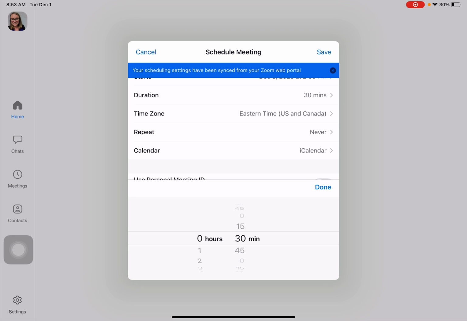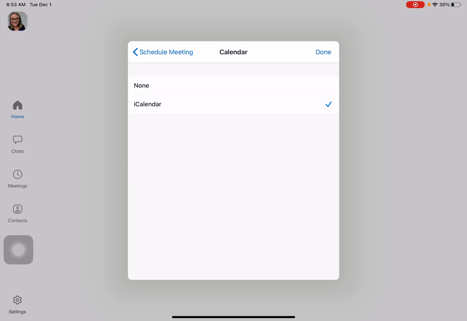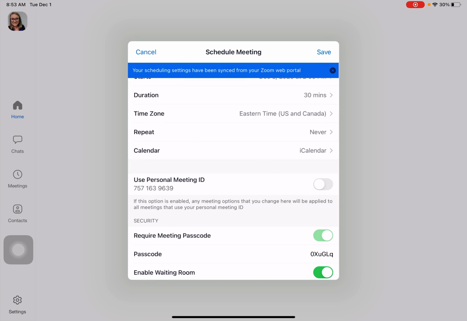The next thing down is calendar. I like to choose the calendar right here. I choose iCalendar. It's nice because it sends you a notification in your Apple Calendar on your iPad before you use it. If you don't want that notification, you can just click on it and change it from iCalendar to none, and then go back to schedule meeting. So as I scroll down further,